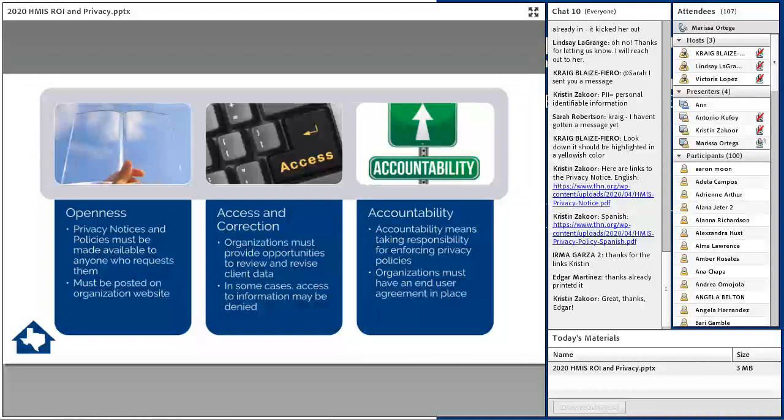This is most commonly included as part of the end-user agreement, but make sure that the end-user agreement includes language that specifically states that by signing this agreement, the staff person is acknowledging receipt of and pledging compliance with the privacy notice. Another alternative is to make this a separate form that staff sign and tie it to an annual training. Other things that you can consider are regularly auditing for privacy compliance